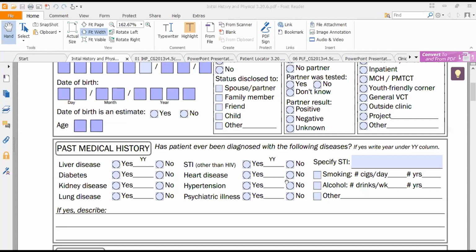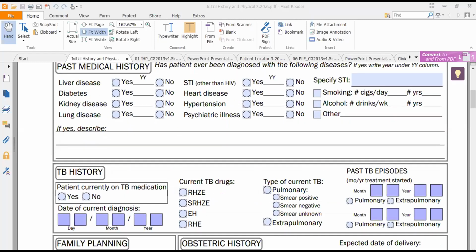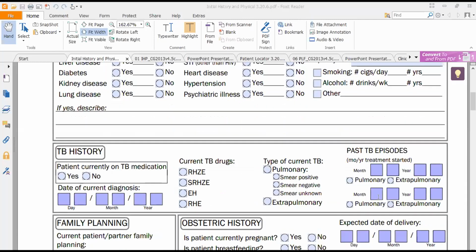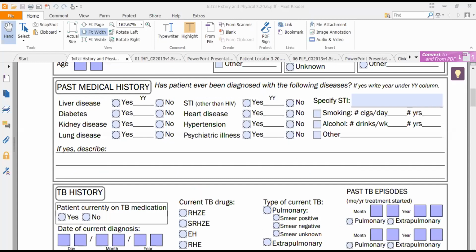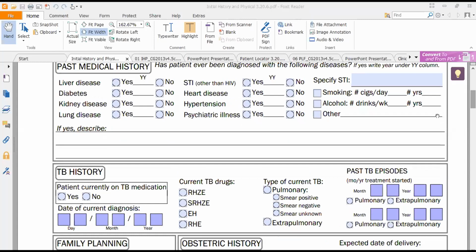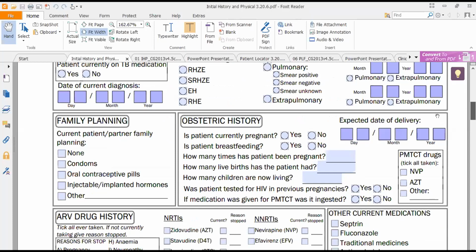Then you would go into TB history. Again, you can see that the TB history there was just asking whether the client had the current TB, and if they were on medication and what type, when was the TB diagnosed, and then the past TB episode. So that was all that was captured on TB then. Then you go into family planning. Again, those few items on family planning. And then you go into obstetric history to ask whether the patient was currently pregnant, whether